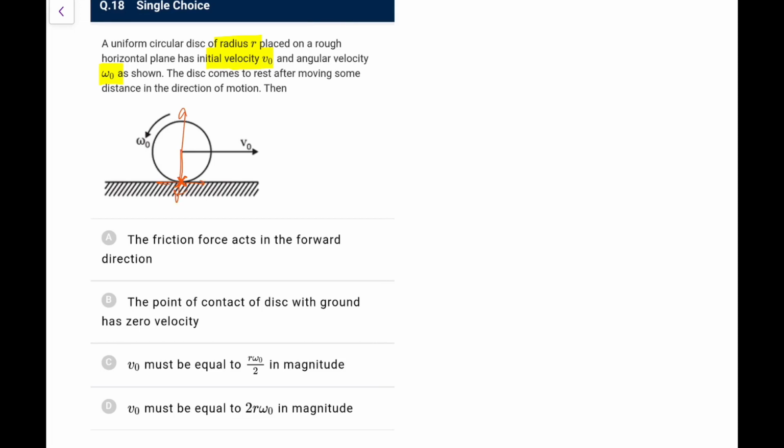So what I can say about this, first of all, the CM term would be m v naught r, and that would be equal to I omega. Both must be balancing each other, and this would be I about CM, because what we write is L CM plus m v r, so both must be equal. So I omega naught, where I about CM for the disk is m r square by 2, times omega naught, and this is m v naught r. Both m are the same, cancel them, this r is the same.